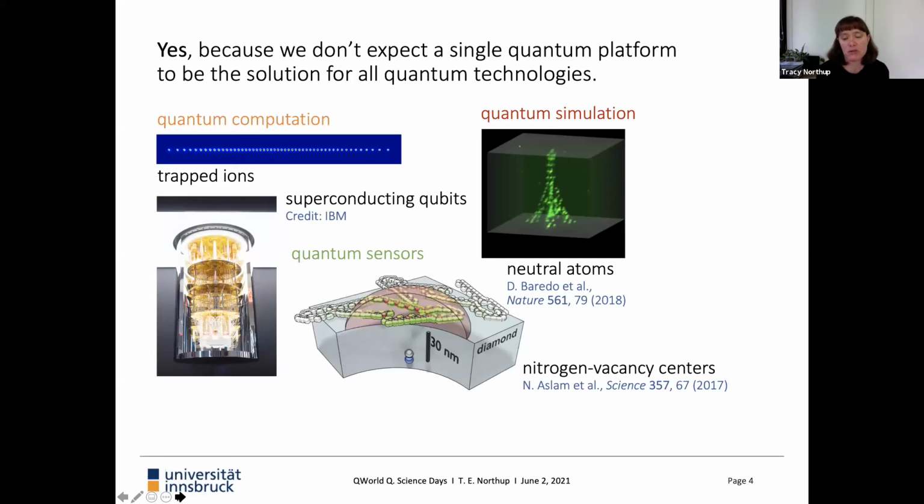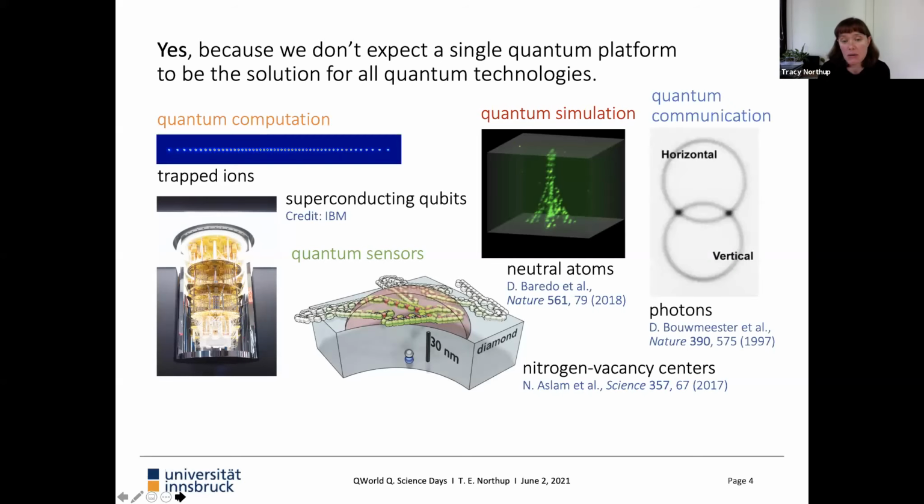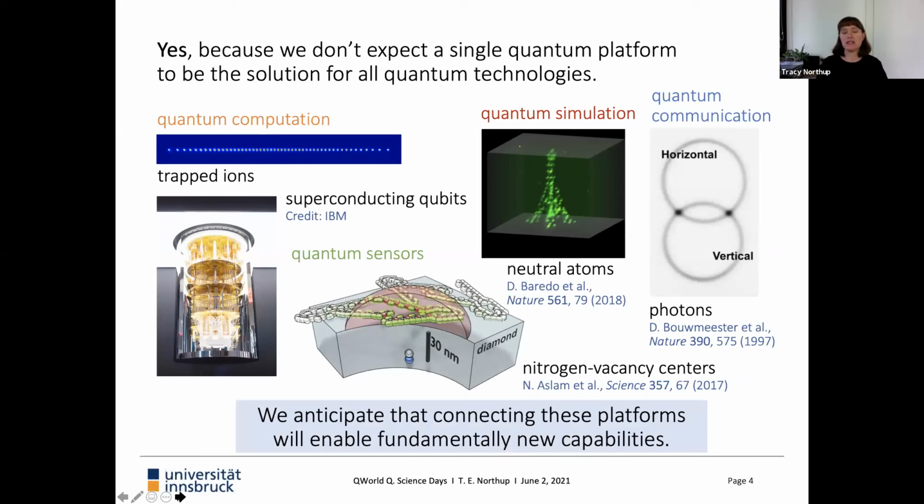And another application, quantum sensors, again, you might think of different requirements. For example, being able to bring a solid state device like a nitrogen vacancy sensor very close to, say, a biological sample in order to probe the magnetic fields or electric fields. Quantum communication. So here, certainly photons are what we all think of because they travel at the speed of light as quantum systems. So what I'm showing you is this range of experimental platforms, and we anticipate that the landscape of quantum technologies is going to involve all of them.